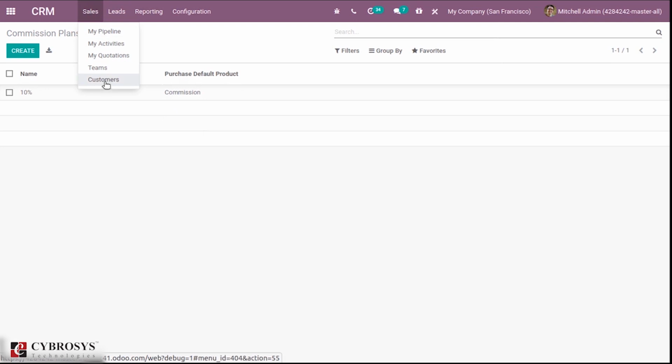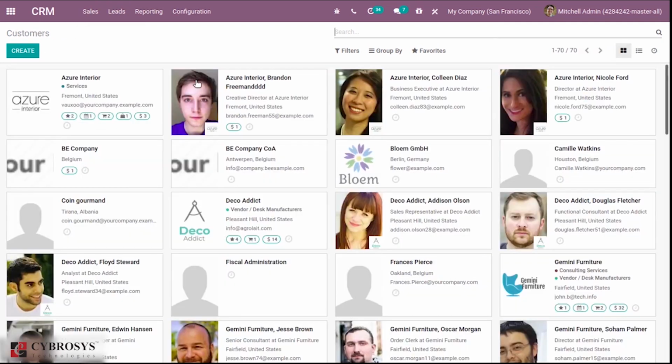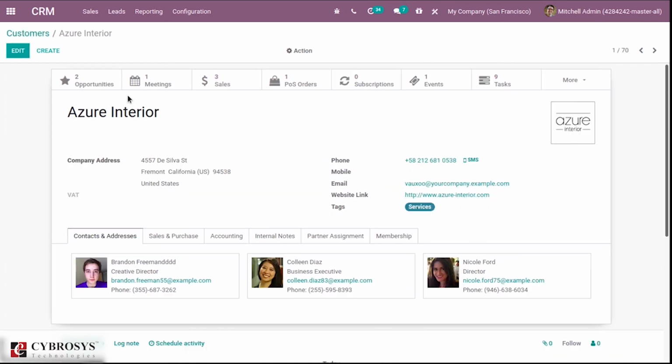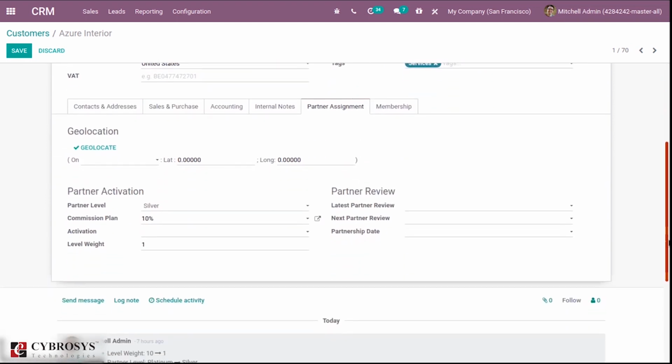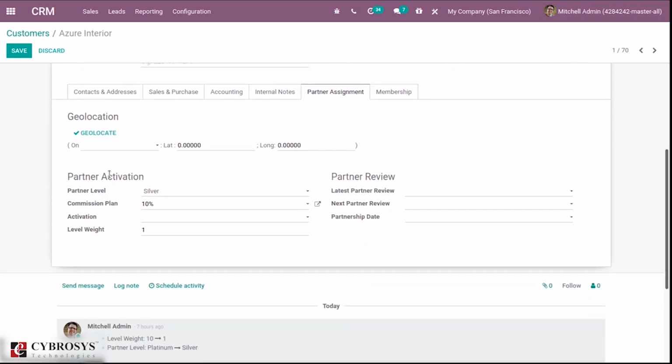Then we have customers. Suppose I'm selecting Assure Interior. And we have a tab partner assignment. Under that, under partner activations, we can set partner levels and commission plan can be set, then level weight, activation and all.